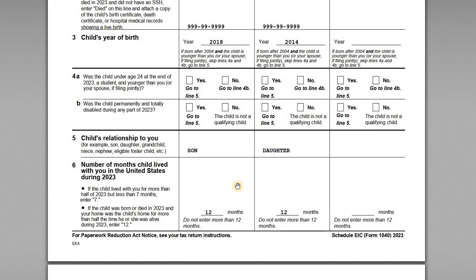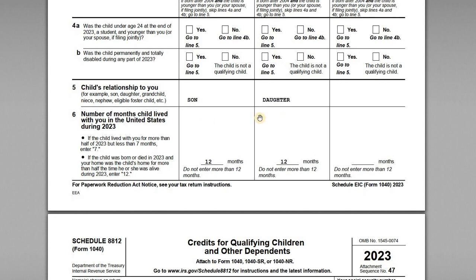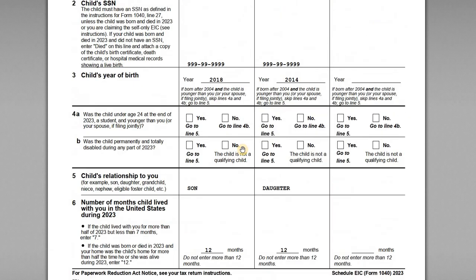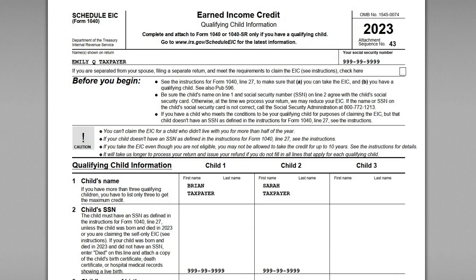And so that's what we're doing for both children, because they're born after 2004. So we've got the relationship to the taxpayer filing the return, and then the number of months that they both lived with their mother during the year. All right, so now once that schedule is completed, we can then look at the EIC worksheets and then the